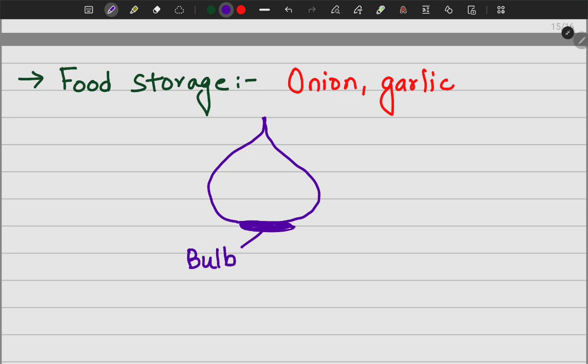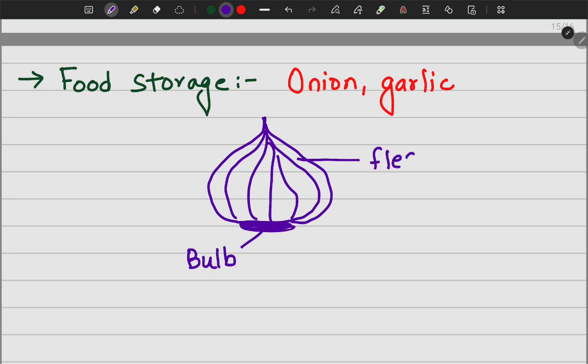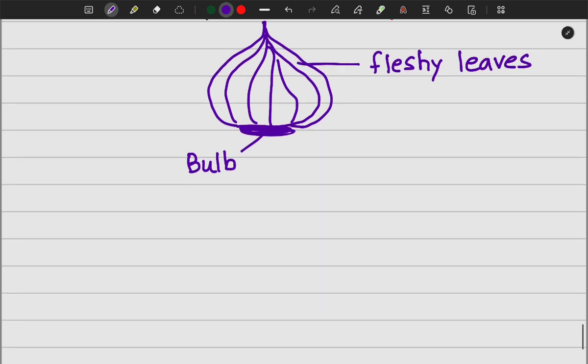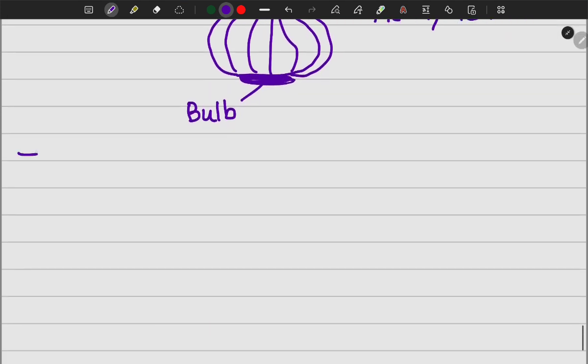So at the top of this bulb, this fleshy structure is present in onion and garlic, which we all eat. So what are these fleshy structures? They are leaves. They are fleshy leaves. They have food stored in them. That's why we eat them. So these fleshy leaves are the examples of a modified leaf for food storage. All right. Then let us move on to the next modification, which is